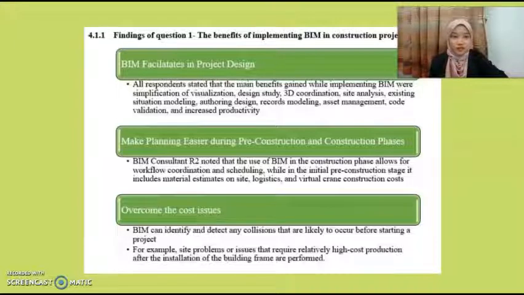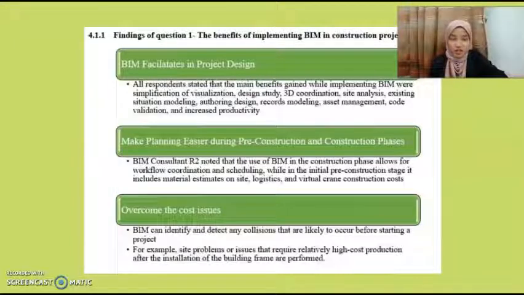Third, to overcome the cost issue. Cost is one of the benefits derived after the use of BIM. For example, when creating a project, the quantity surveyor will estimate and calculate the considerable cost of something such as the cost of drawing, printing drawings, and measuring length and width. So, with the help of BIM, it will identify and detect any collisions that are likely to occur before